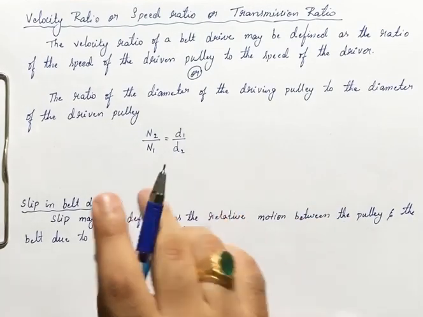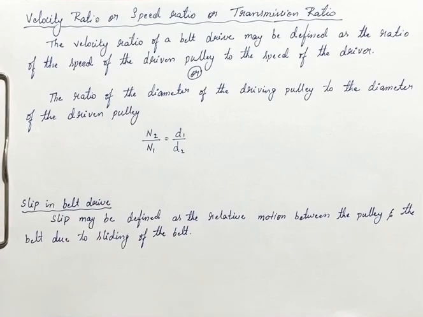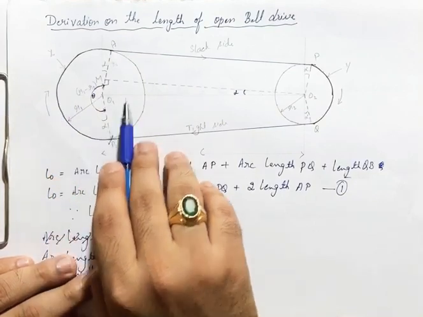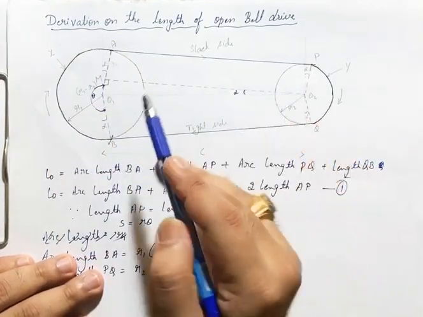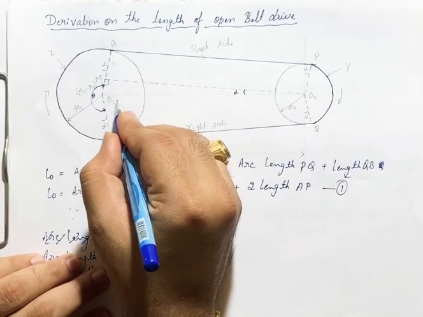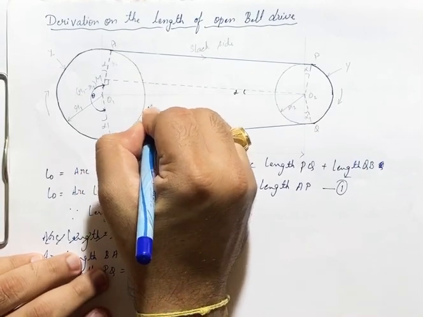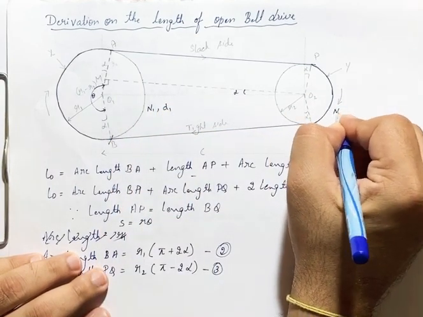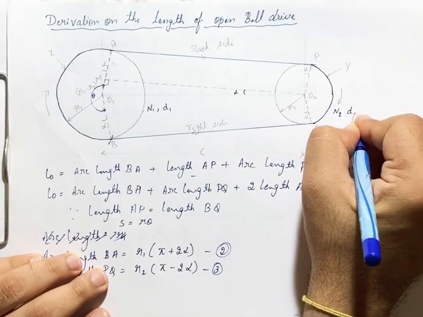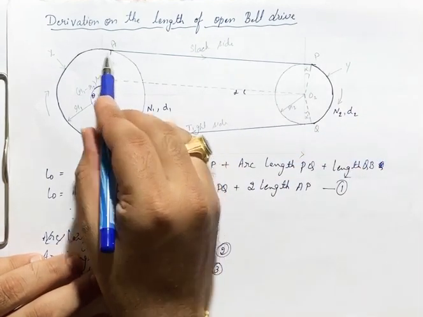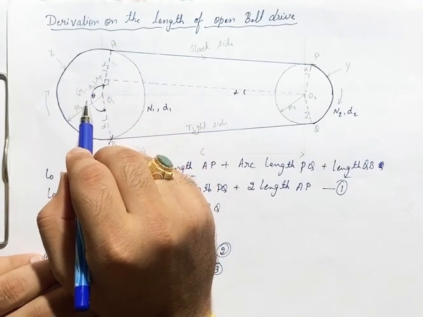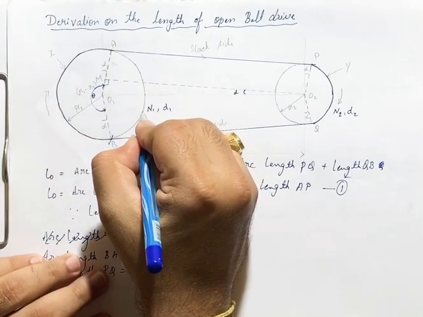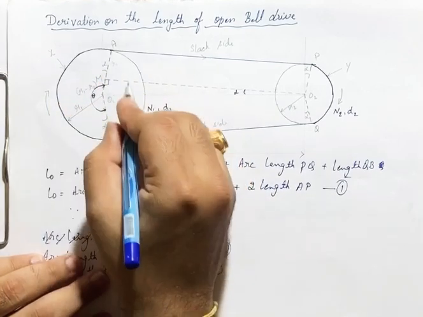This is the definition. Now, how did we get this ratio? First let us assume this one is the driver pulley, this is the driven pulley, right? Now, what is the speed of the driver pulley? Let us say the speed of the driver pulley is N1 and diameter is D1 here. Similarly, N2 is the speed of the driven pulley and diameter is D2 here, right? Now, if I want to see the linear velocity of this pulley at this point, how is the linear velocity acting?